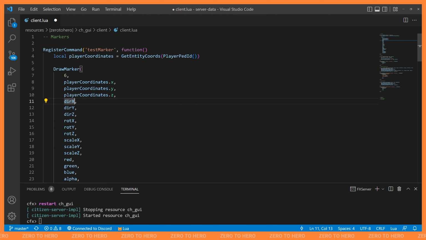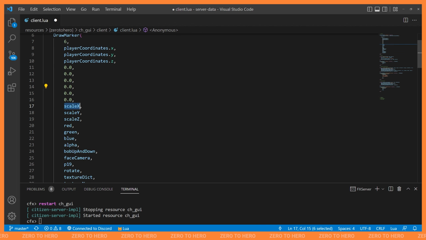Once again, like I said, I don't really use the direction ones, so we're just going to set those to 0. And same with rotation. We're not going to worry about any special rotation here, so we'll just set that to 0 as well. For scale, let's just do 1 across the board to start with and see how that looks. And then I'm going to make this a bright blue. So red 0, green 0, and blue, let's do 220, and alpha of